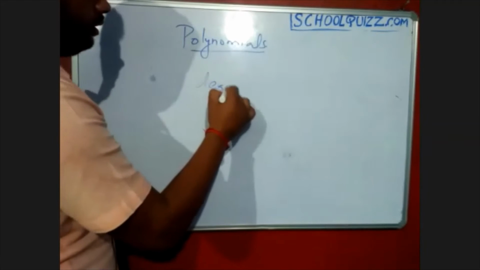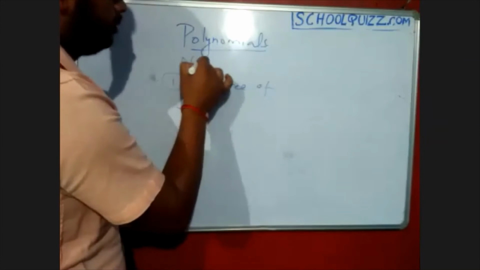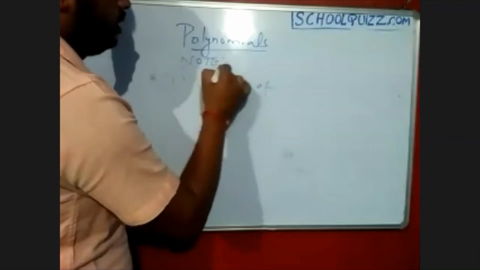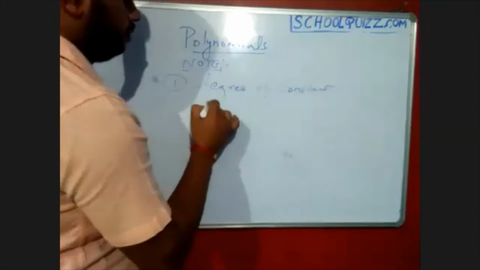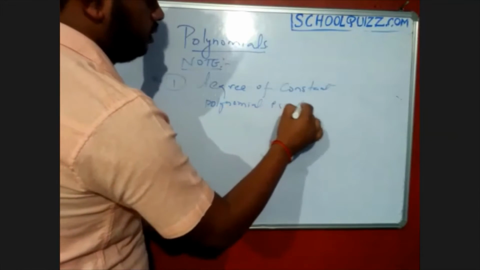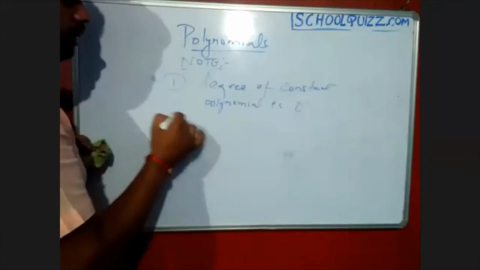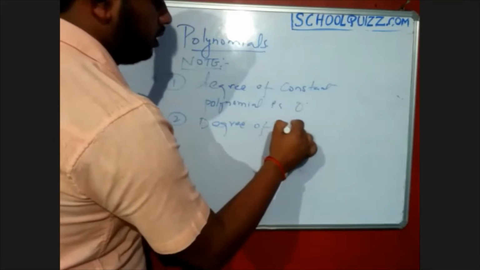Degree of constant, that is a first note point. You have to make a note for those things. Degree of constant polynomials is 0, and degree of 0 polynomials,